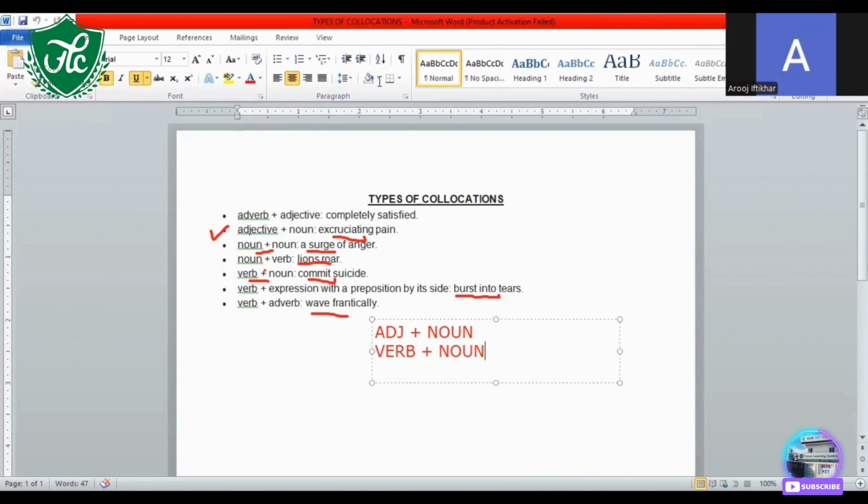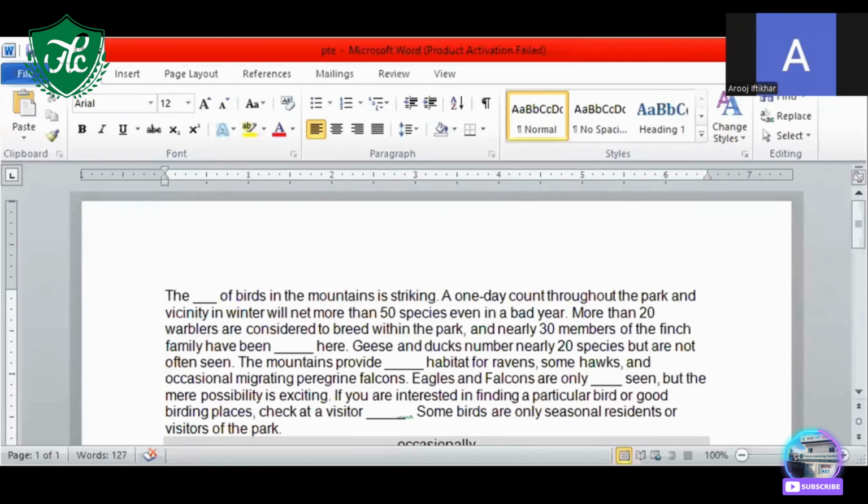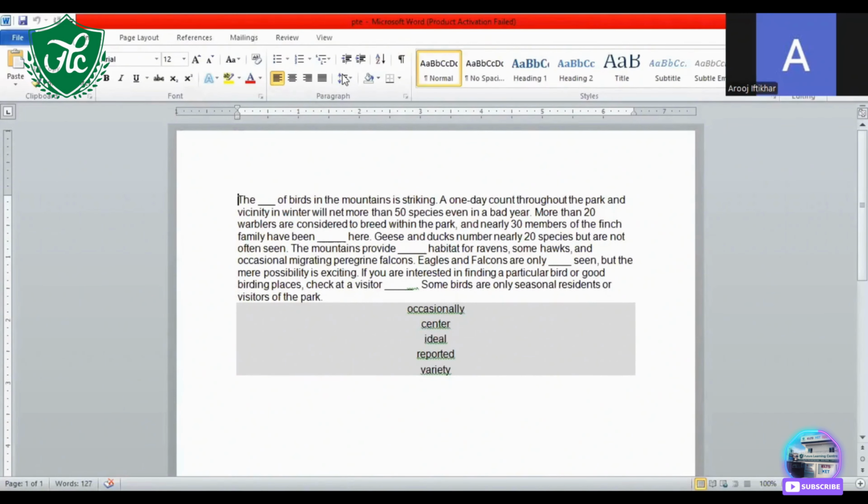Now I'm taking you towards a question. This is how your question would be presented on the test day, but on the test day, you have the option to drag these options into the blanks. You don't have to write. Right now, I have just given you a question. When you're solving the reading fill in the blanks, first of all, you have to determine what type of word is required in the blank. Is it an adjective, a verb, or a noun? First of all, we have to classify these, and then we classify what these words are.